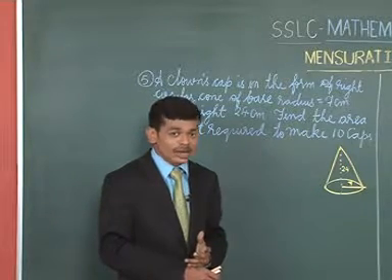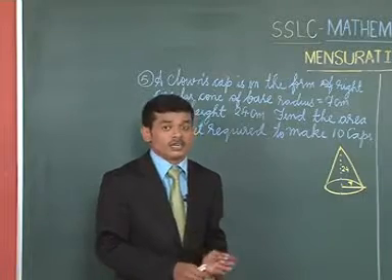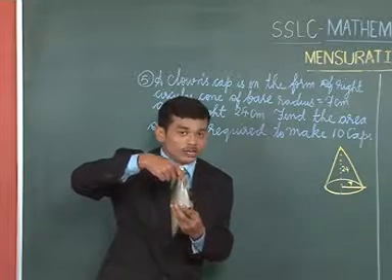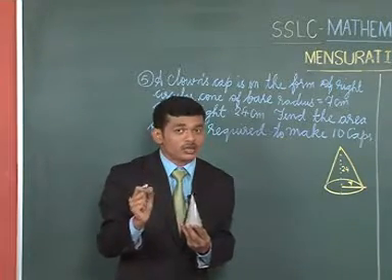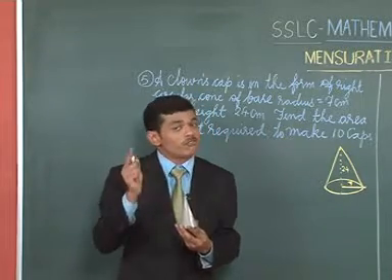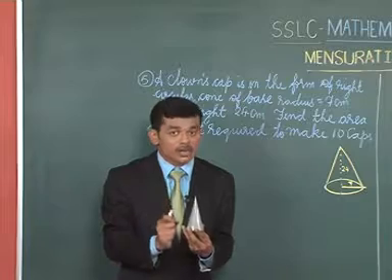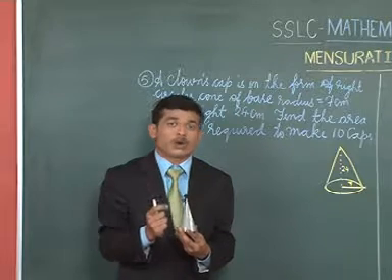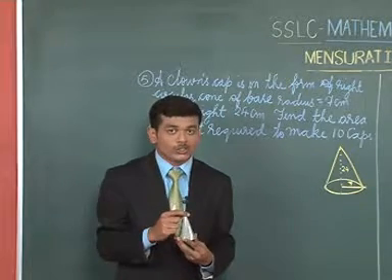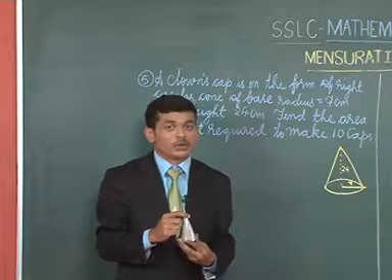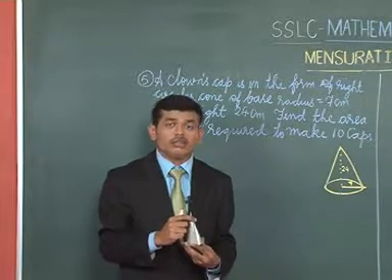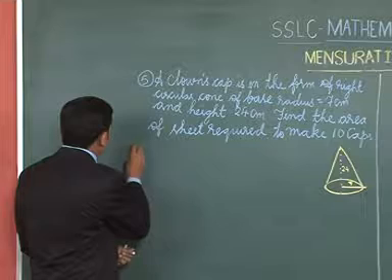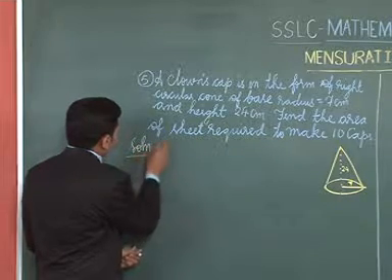So for this we have to calculate the curved surface area of one cap, that is the area of sheet required to prepare one cap, and then if we multiply this with 10, we will get the area of sheet that is required to prepare 10 caps in the shape of the cone. So here we are asked to find out the total area of the sheet required to prepare 10 circular cones. For this we should calculate the curved surface area. Let us first write down the given quantities.